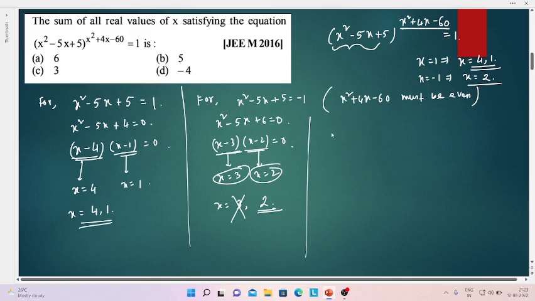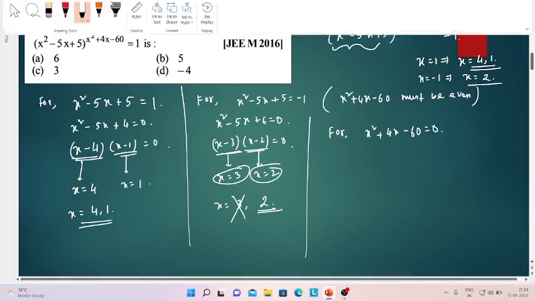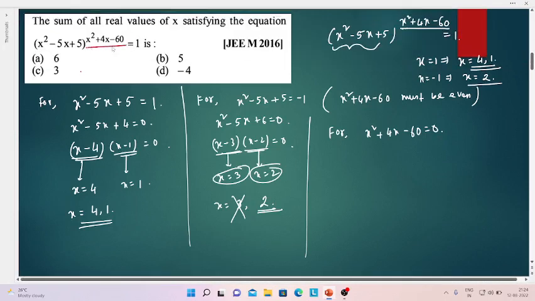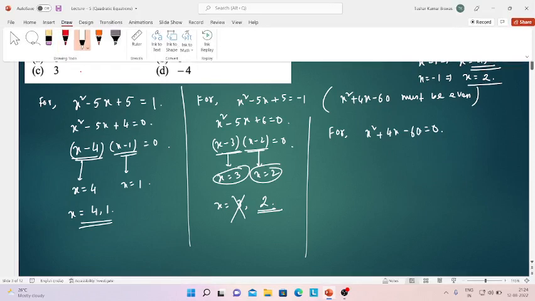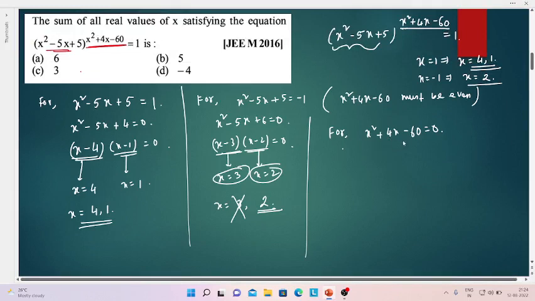So similarly for x square plus 4x minus 60 equals to 0, right? If the upper part here is 0, then something not equals to 0 to the power 0 will definitely be 1, right? So let me solve this particular part. Suppose we can solve this by, let me think about it, we can solve this by x square